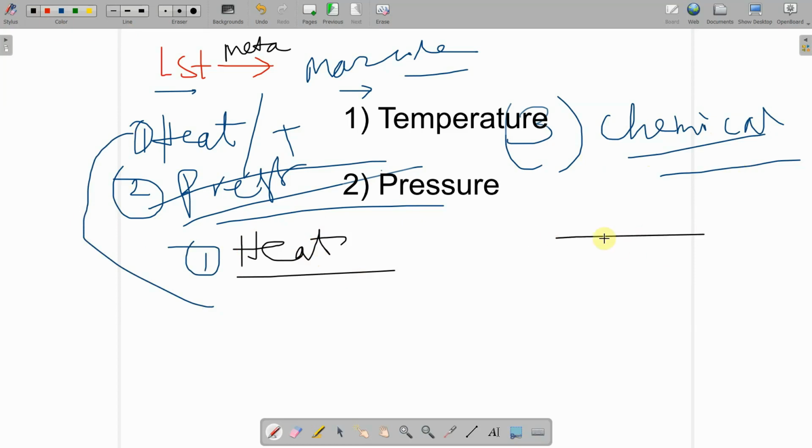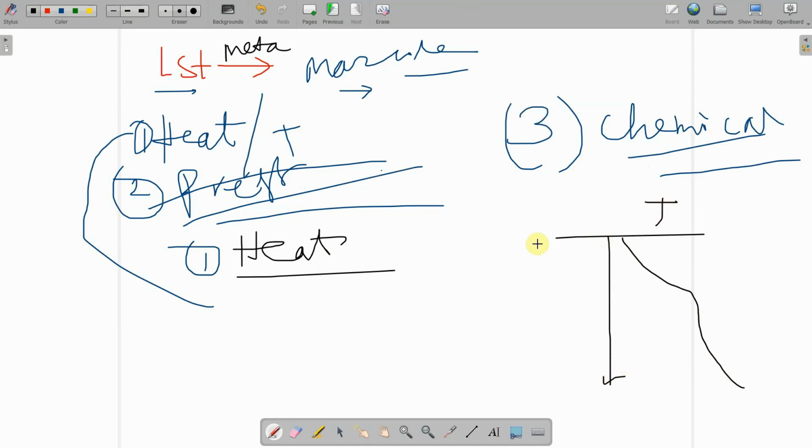If we move towards the earth's center, the temperature increases. That will be discussed in your seismology chapter also, how temperature varies with depth from the surface. Within the earth, the temperature generally increases with depth,